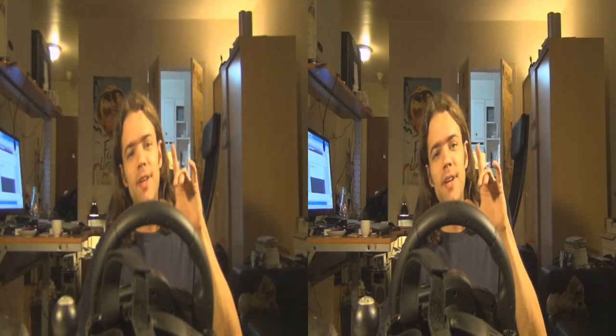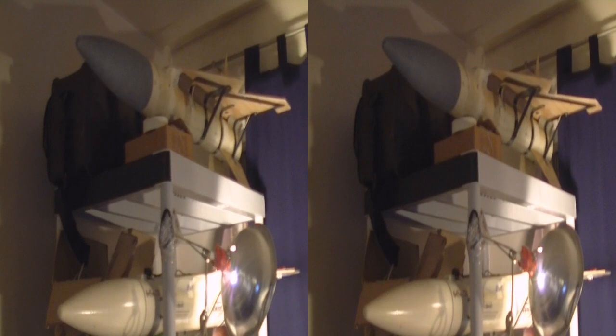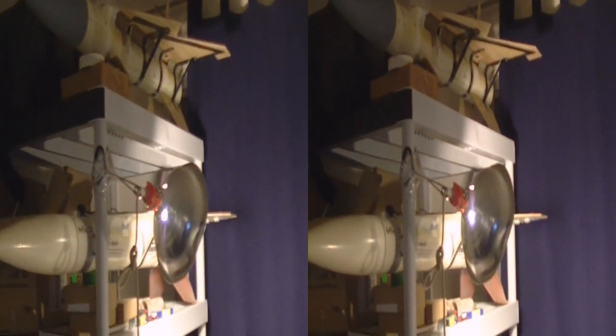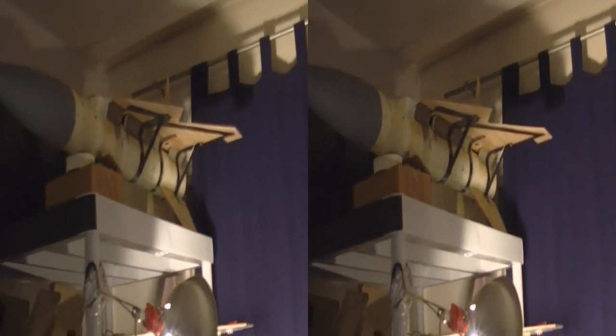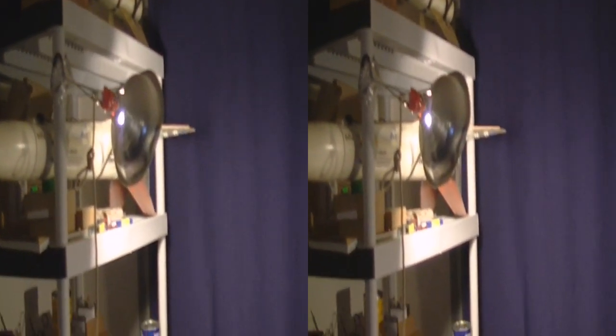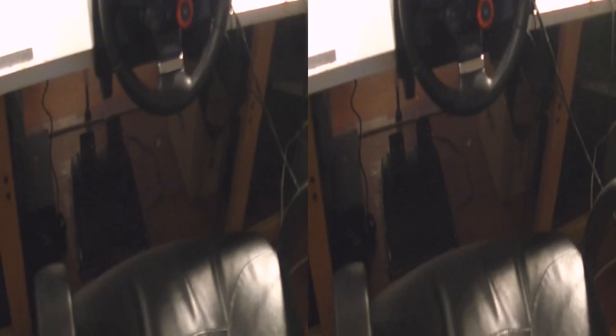Alright, let's get to something really cool here. Now, this very table has been in workshop mode for the last week and a half as I finished up construction of a new rocket airframe. And now that I've reached a point where I need some parts shipped over to finish the construction and so forth, I figured I'd clear the workbench and put it back into VR driving station mode. So here we are. And today I'm going to do an experiment, something actually